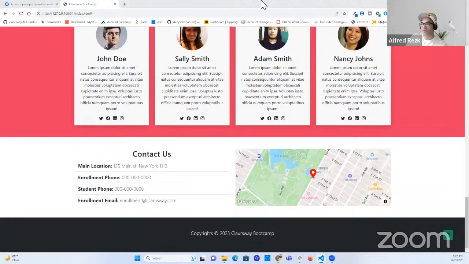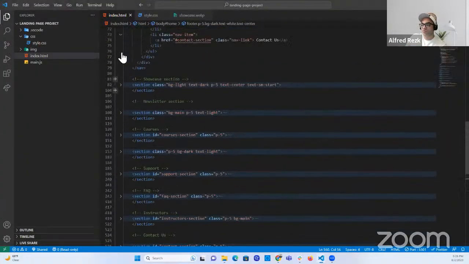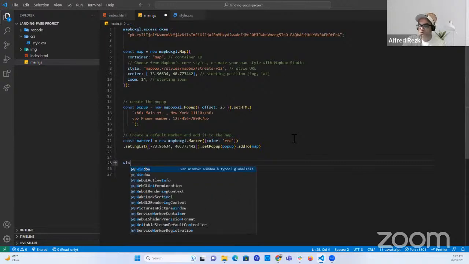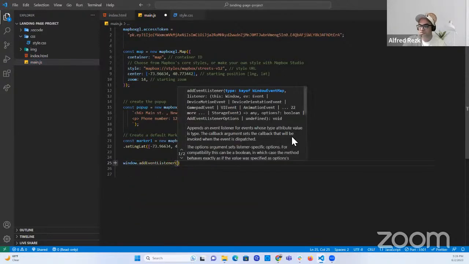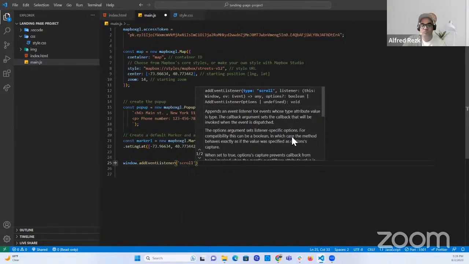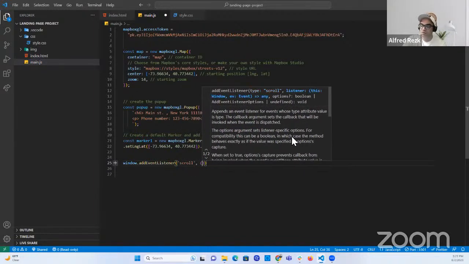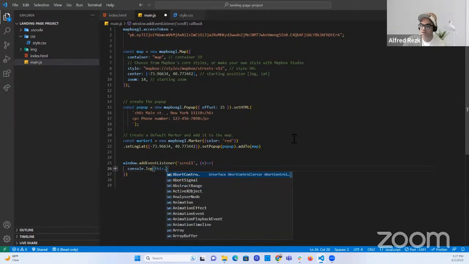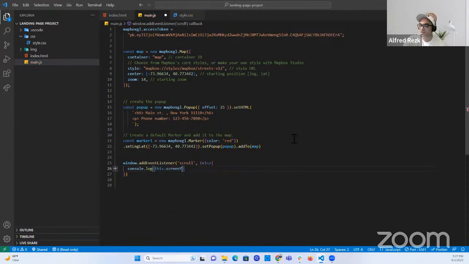So we want to listen for when the user scrolls on the page. So I can add here, I will listen not to the body, not to the document, but for the window. And I will add an event listener for when the user scrolls. And when he scrolls, I want to execute a function. And you can add here the event object. And let's print this dot scrollY. And this here is referring to